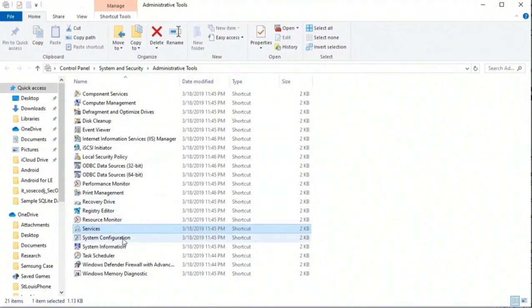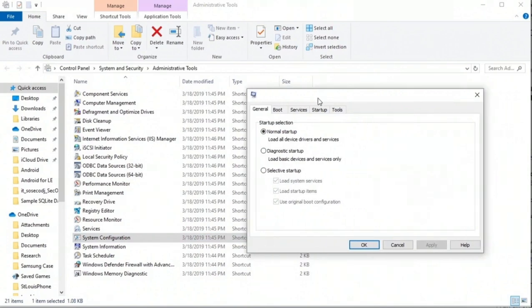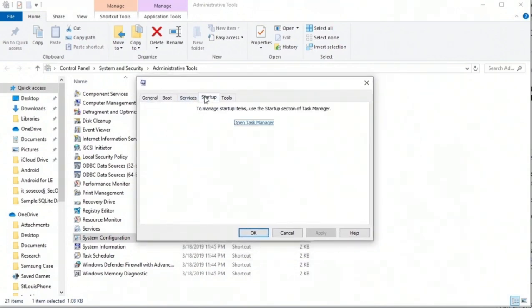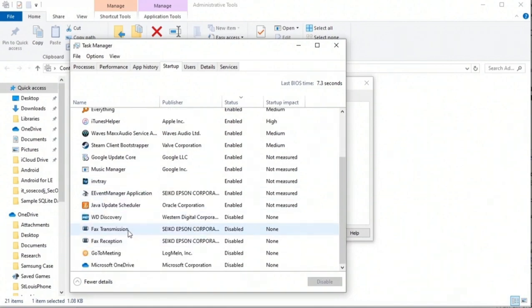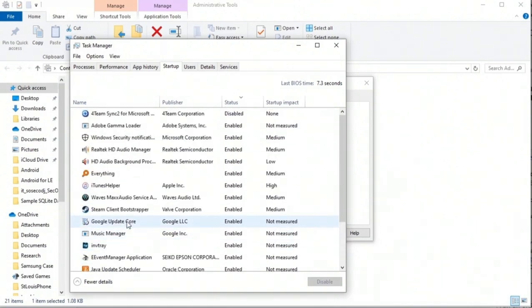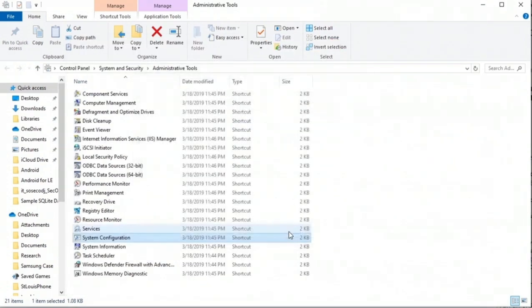We can also look at system configuration, and we'll see some interesting things there. The most interesting part is what things happen at startup. Now in Windows 10 it started doing this through the task manager, but it takes us right there, so we'll take a look at that. Are there any things that are at startup that shouldn't be? Frankly, spyware often gets stuck in here, so you'd want to turn that off, but anything that you don't think should be at startup, take it out. To be honest, it seems like every programmer today wants their software to be at startup, so that's a great place to look for some things to cut loose. We're going to cancel that.